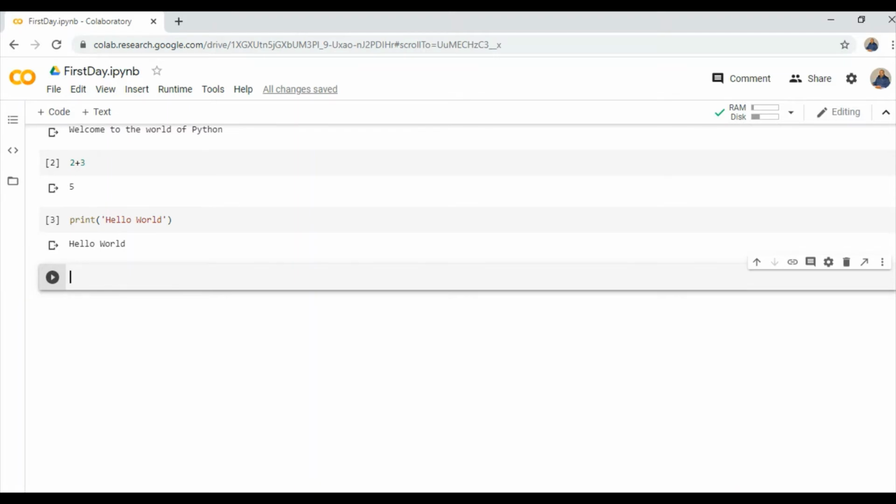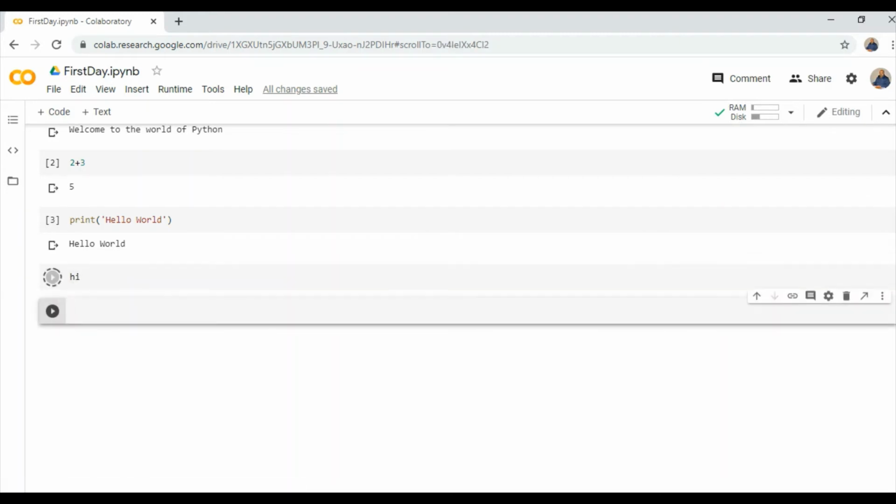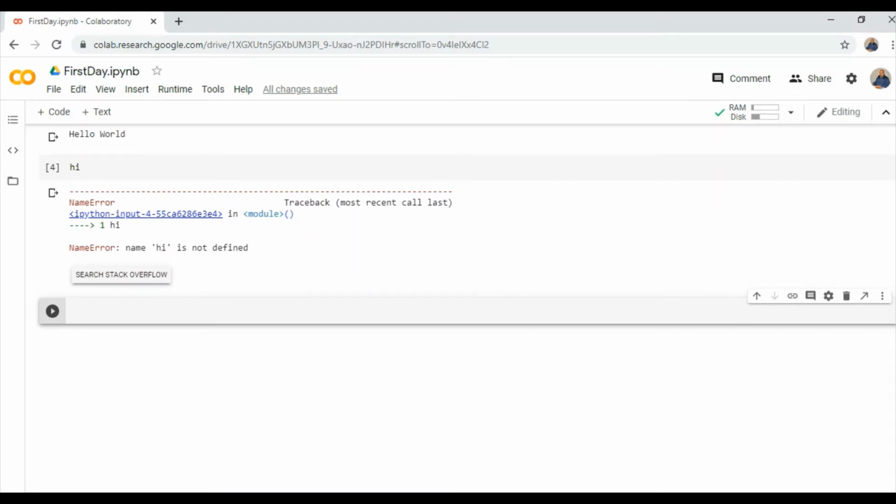Now can we assign this string value to any variable? Just see, if we have just written hi, there is an error, that is, name hi is not defined. Now suppose we assign value hello to hi. How can we do it? Just hi is equal to single quote hello, and we have assigned this value.